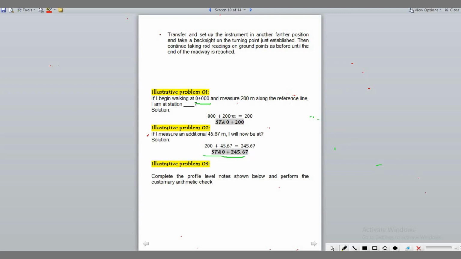Okay po tayo sa stationing. Okay na po tayo sa stationing? Yes, ma'am. Okay. Before I continue with profile,